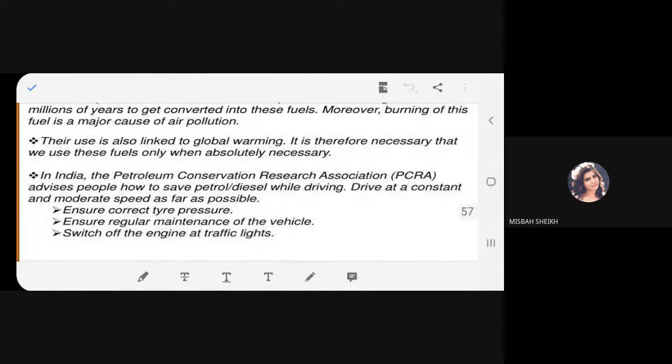So what they are saying is, whenever you get the signal, even for 1 minute, put it off. Because remember, in a day, how many signals are you crossing? Minimum 5 to 6 signals? That much may be a drop. It does not matter, it's a drop. You save one drop. How many drops you are